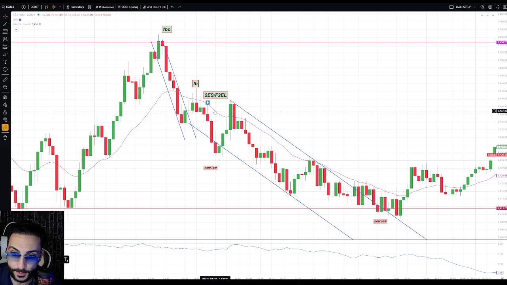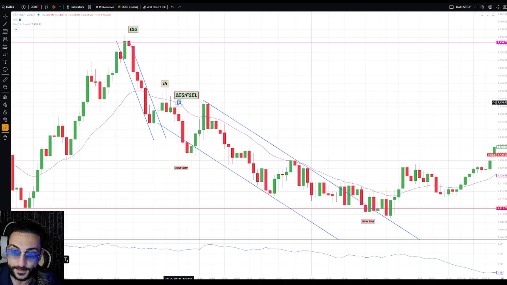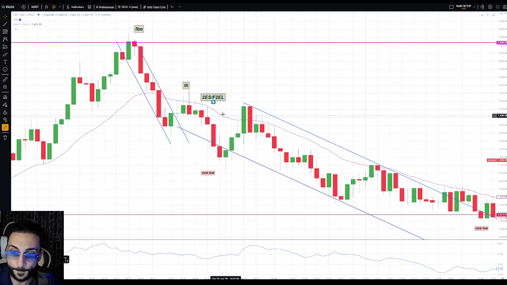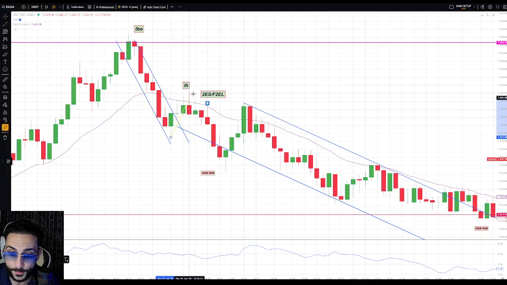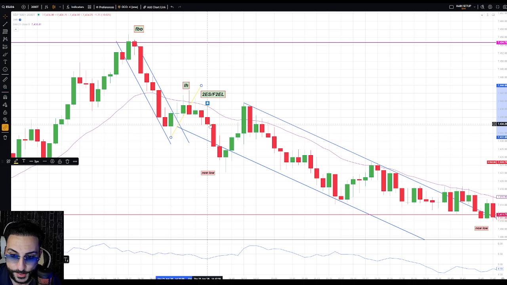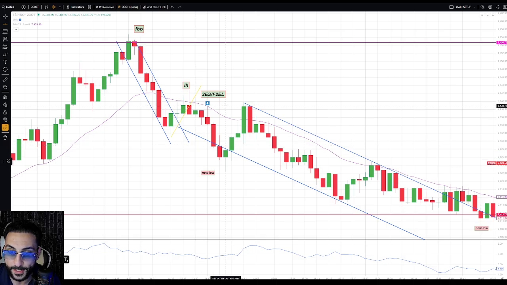We ended up pulling back, and this is the failed second entry long right here, right? Same thing here. Let's zoom in. We had an attempt to make a new high and it failed, right? And this is also, if you count from the recent low, we have a new low, first entry short, pullback, second entry short. This candle triggered lower, pullback, second entry short, and on top of that, we have a